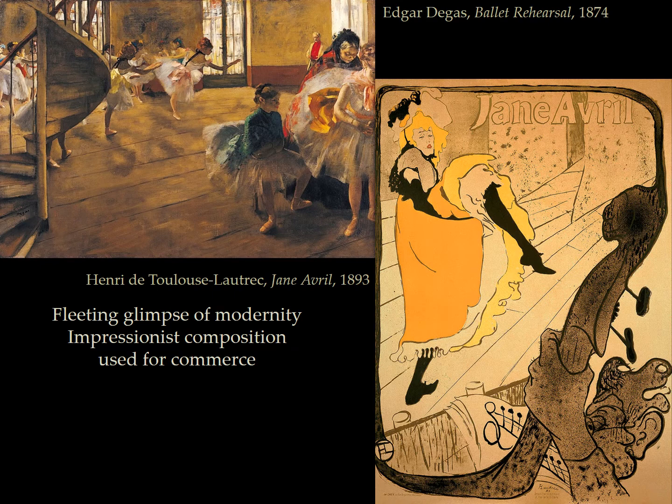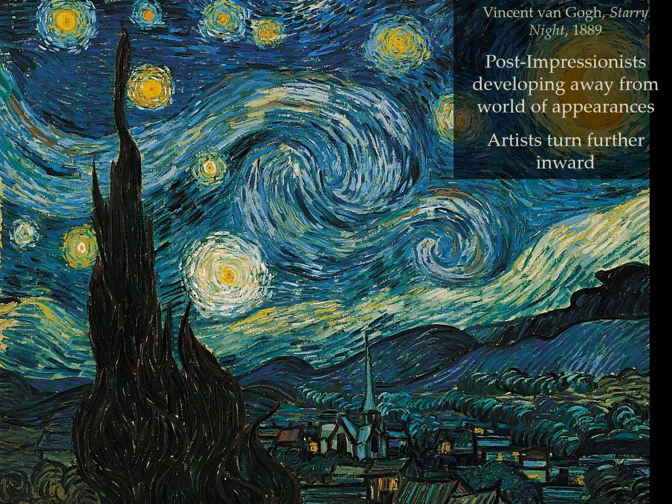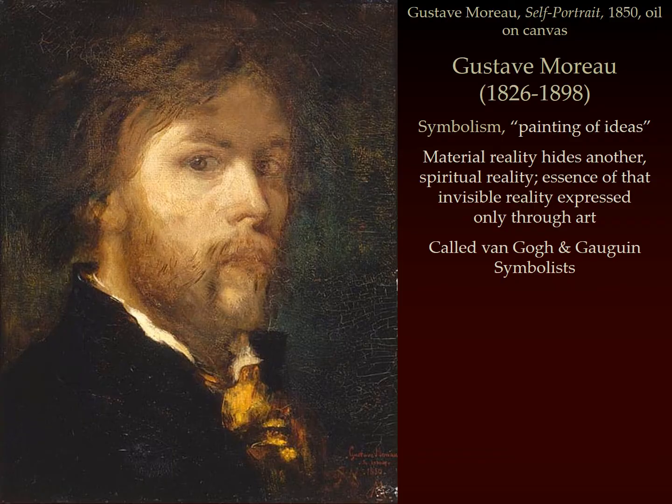And then the framing device in a very unusual way, moving around the work, tying the very far foreground to the background. Now, Post-Impressionists, whom we already looked at with Van Gogh and Gauguin, were already developing away from the world of appearances, turning further and further inward, showing us what they felt about the world, not what it looked like. Now we find that Gustave Moreau is going to call Van Gogh and Gauguin symbolists even before the term was